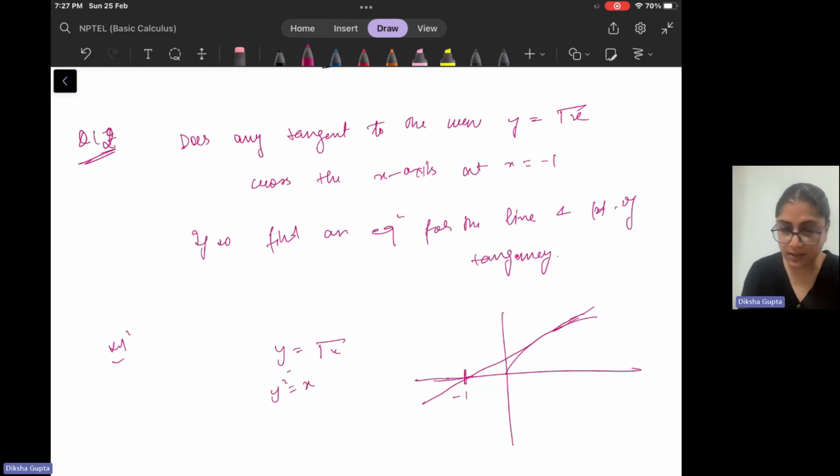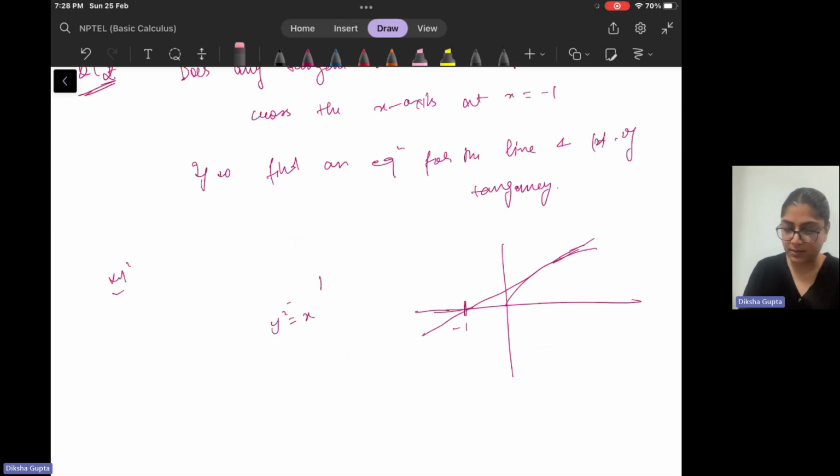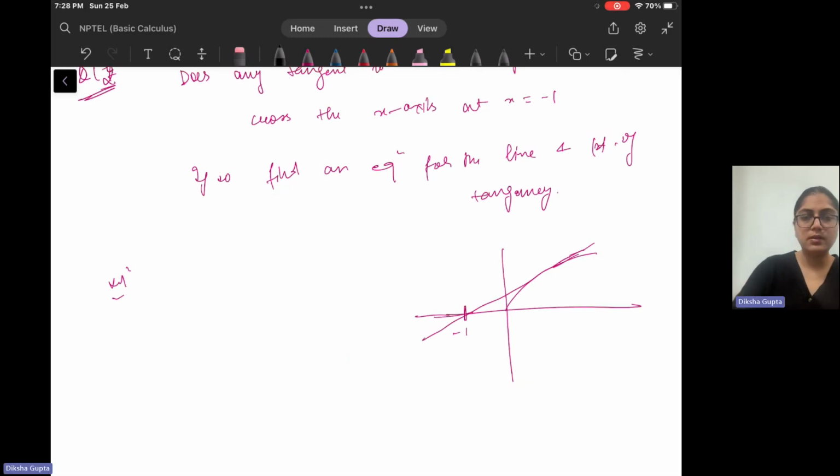So I have drawn the picture like this, that it is crossing the point, but you'll have to do this mathematically to find out. Okay, so what do we do? So we have to find y dash x firstly, and then you have to find the